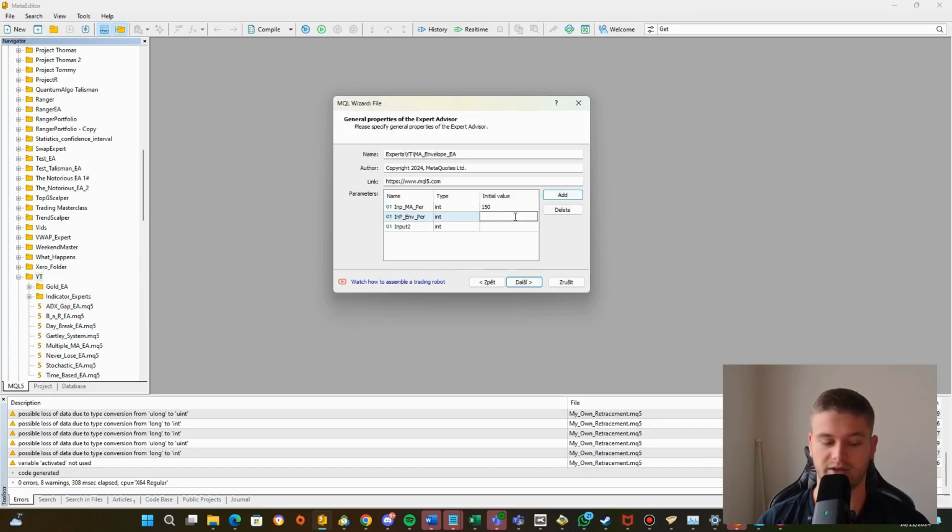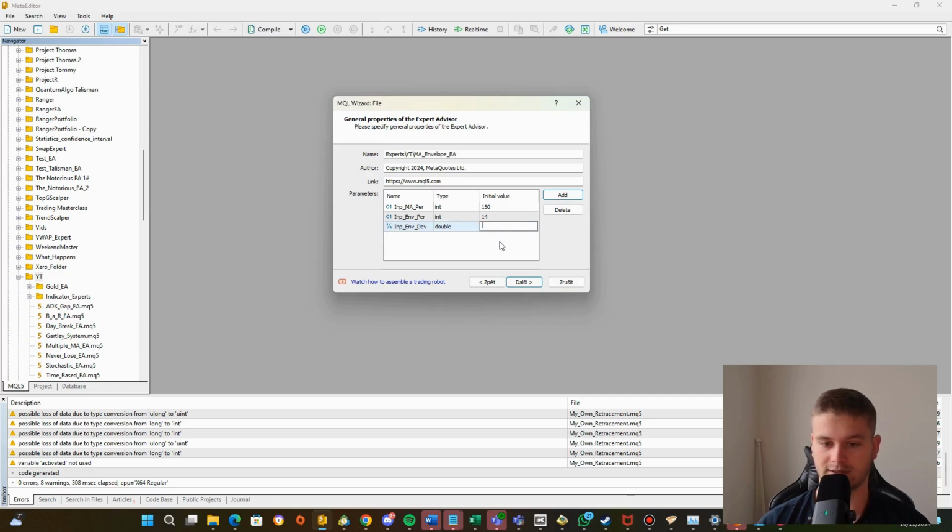Okay, so the first is period, which is 14, and the second one, sorry, let me correct this. Okay, and the second argument for the envelopes is, okay, why can I name it? So input envelopes deviation. Okay, so that was the second argument the indicator requires, and by default it's set to